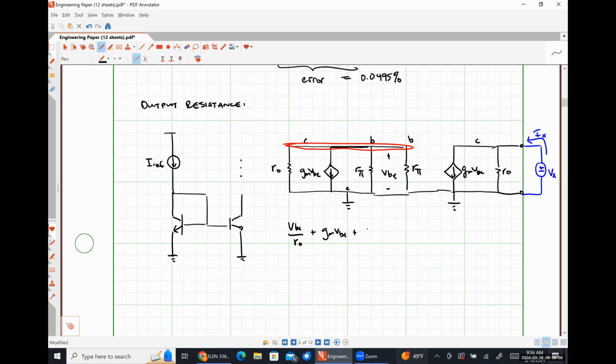So that's going to look like twice VBE over R pi. And these guys all add together to make 0. Are we okay with this KCL expression? Okay, so let's see what this implies. If I factor out VBE, I'm left with 1 over R naught plus 2 over R pi plus GM